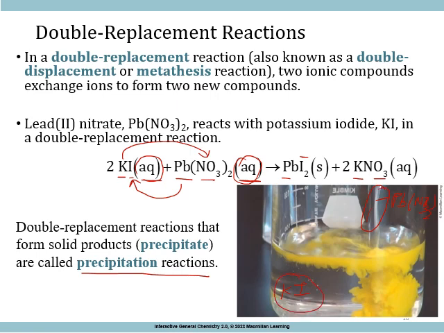When I say clear, I don't mean colorless. I mean clear, meaning transparent. You don't see any kind of solids here. It's not opaque. You can see through these liquids. So those are these two reactants, both aqueous. But when you mix them together, you see something solid is being produced. It doesn't look like solid here, but if your solution starts turning turbid, meaning it's looking milky or cloudy,